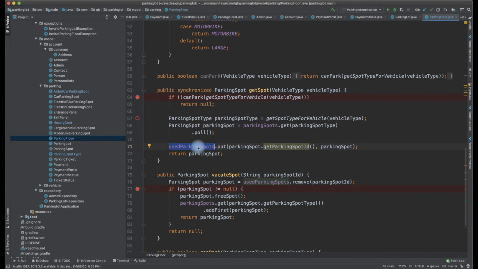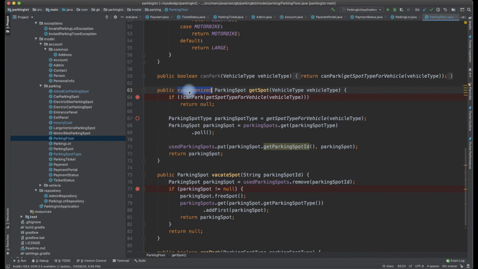It means that we are doing two atomic operations here. One, removing from the existing parking spot and pushing it to the used parking spot. So we have to synchronize it, because two people may come with the same vehicle type, and they should not be getting the same copy of the data. I am handling the synchronization here. It's a synchronized method. At any point of time, only one person would be able to take it. Since we are doing multiple atomic operations, I am putting a synchronized, and assume that this is going to be running under a multi-threaded environment. It is going to work.